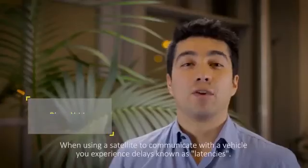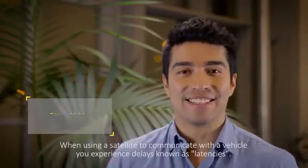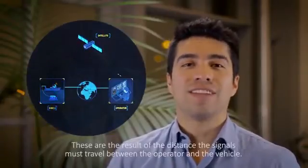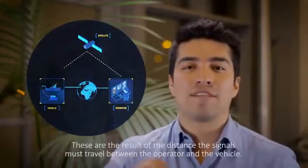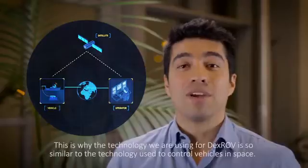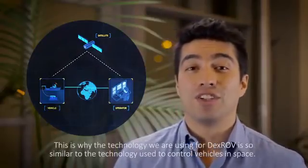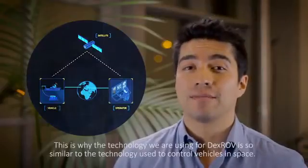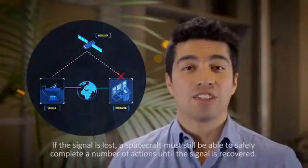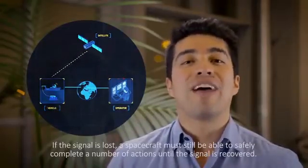When using a satellite to communicate with a vehicle, you experience delays known as latencies. These are the result of the distance the signals must travel between the operator and the vehicle. This is why the technology we're using for DexROV is so similar to the technology used to control vehicles in space. If the signal is lost, a spacecraft must still be able to safely complete a number of actions until